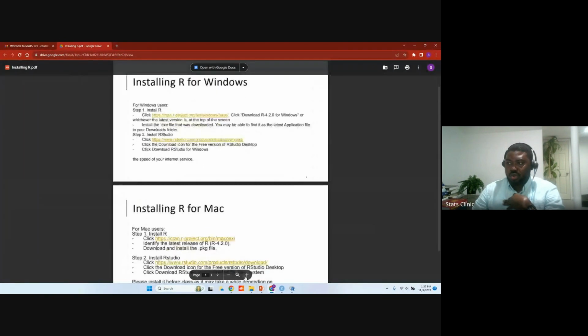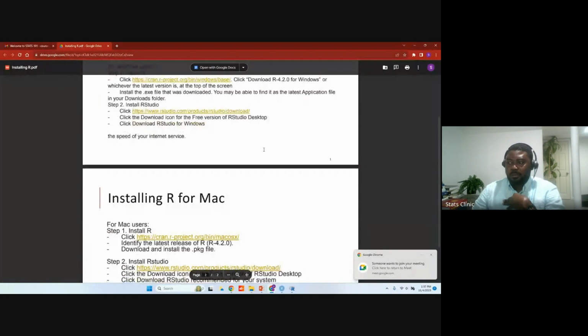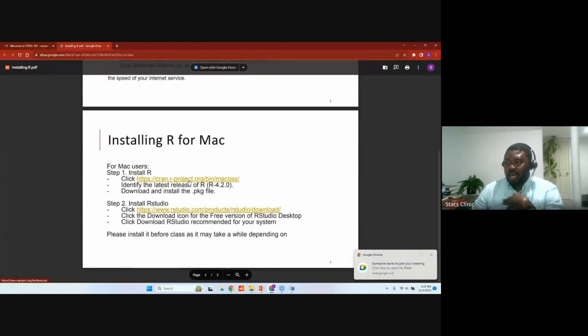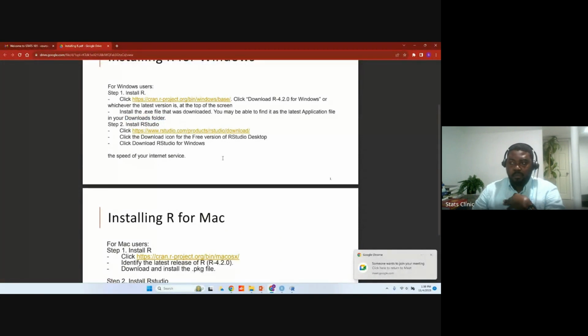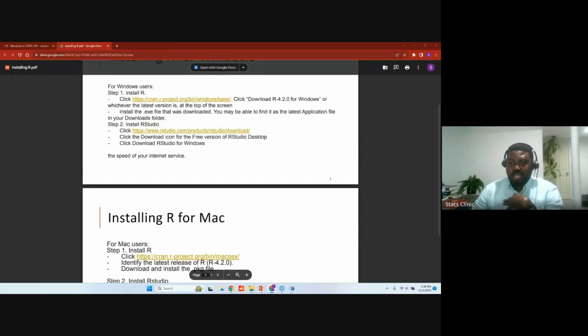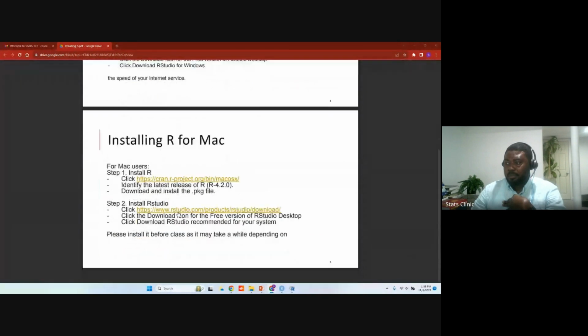It brings you to this page that gives you instructions on how to install R for Windows, R for Mac, and as part of that, there's install R, there's install R Studio. So all the information that you need to be able to install R and R Studio is on this link.